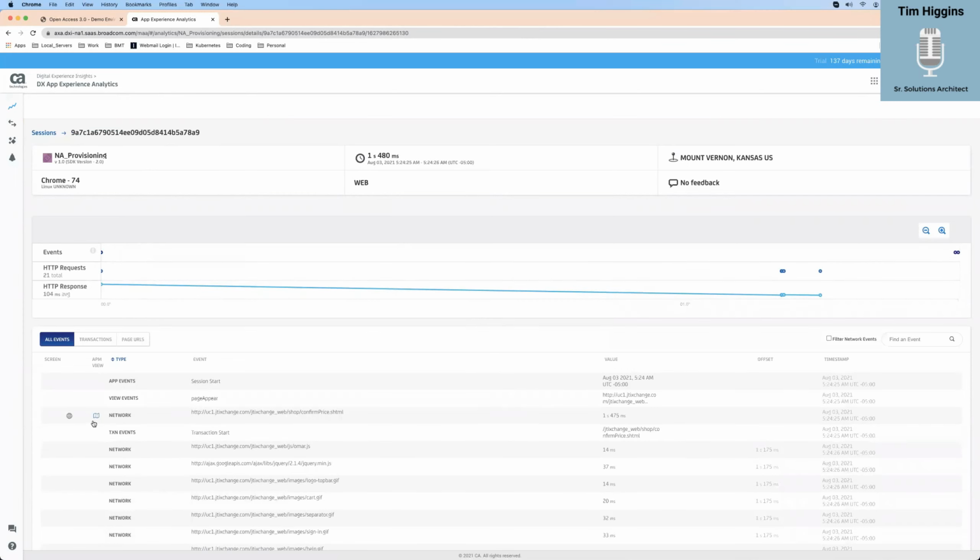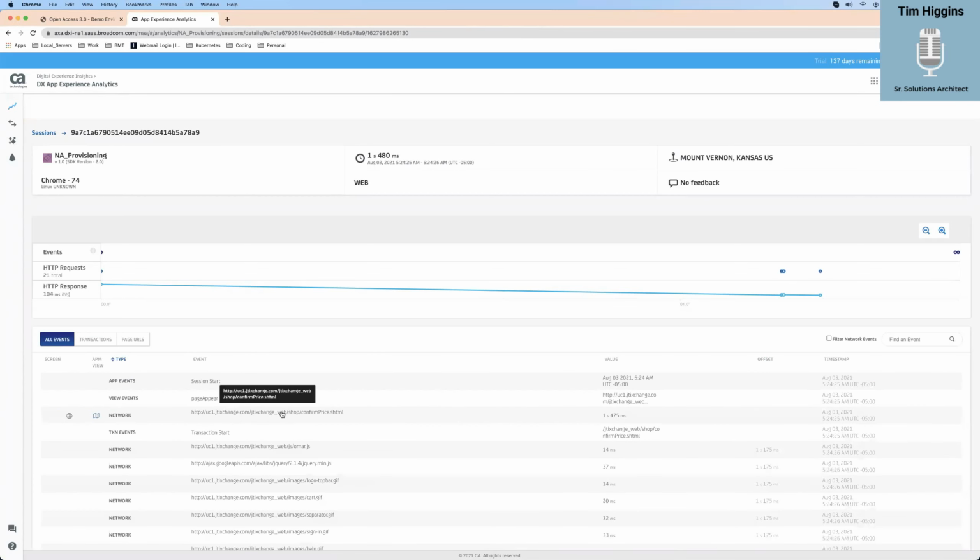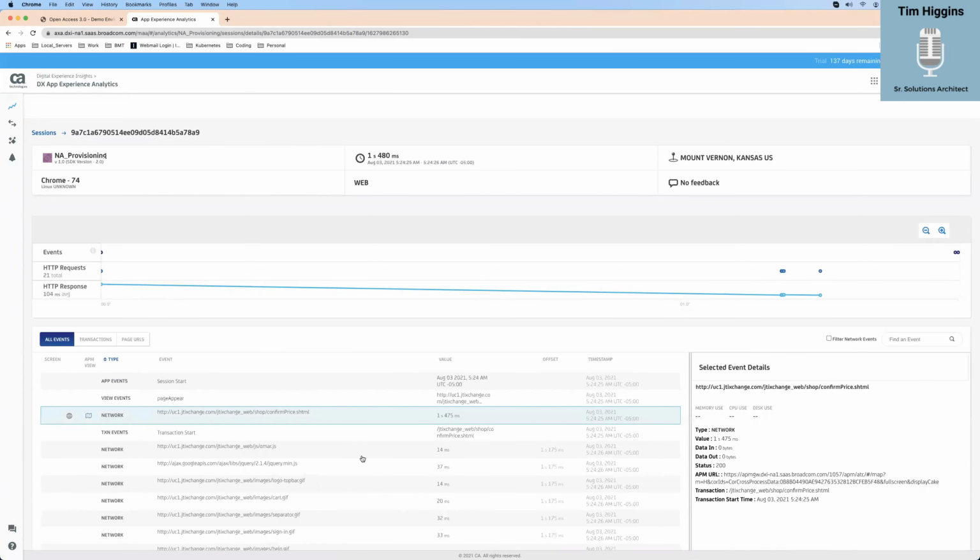And then my session view is where I can get to APM and I can see what I call the stack trace. And I can also see pages, URLs that are related to that one, right? You can also see who's calling that one, who's not calling that page. So if I wanted to drill down, maybe this page seems to be a problem, but it's not really the problem. So I can see where all it's being called, right?